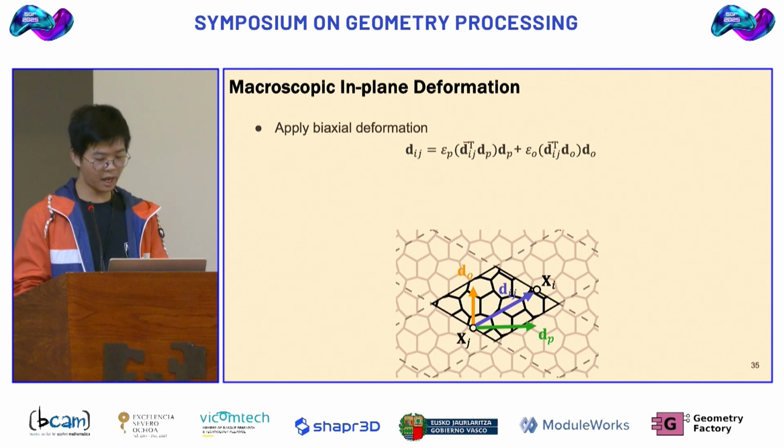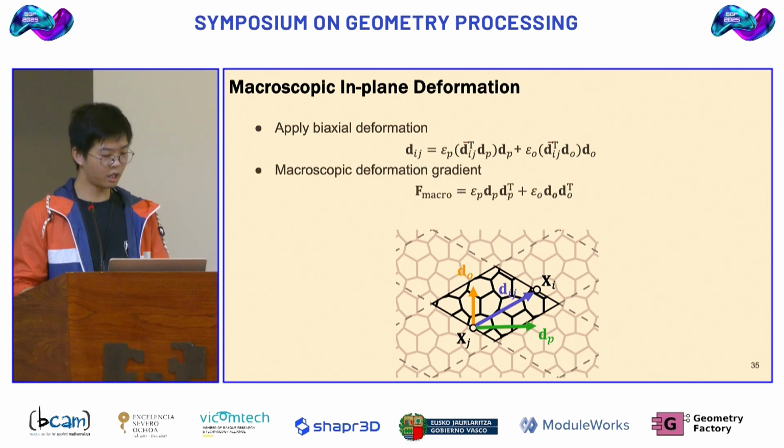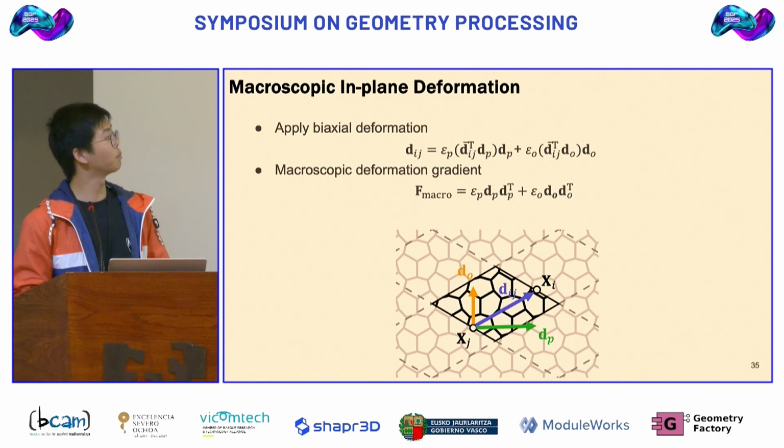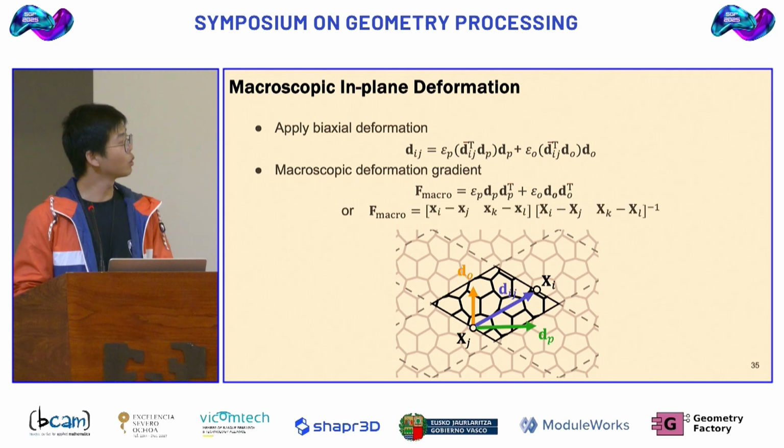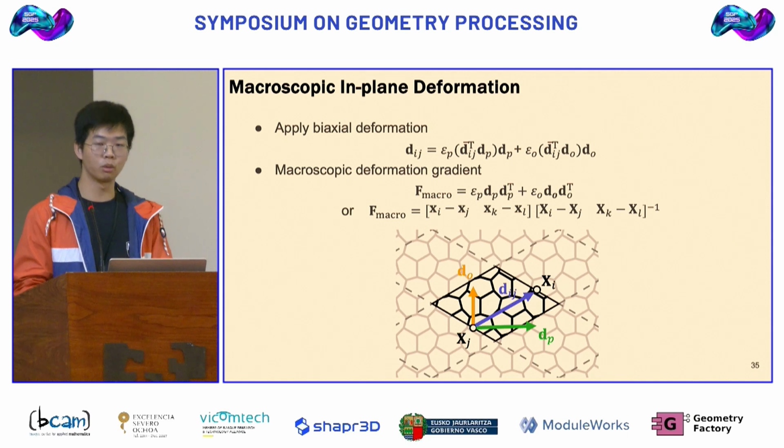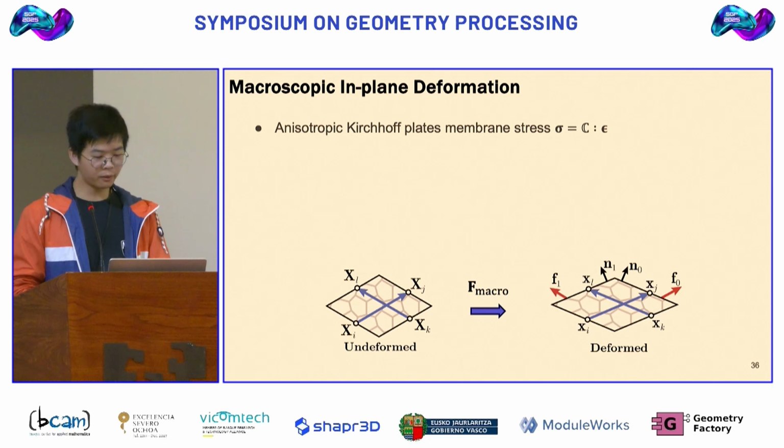The deformation of this biaxial deformation can be obtained as follows: these biaxial strains are like the eigenvalues and the directions are the eigenvectors, so we can reconstruct it using this. Or alternatively, we can use the positions on two opposite boundaries to get the deformation gradient. We can deform the material in different directions, and for fitting, we need the material in-plane stiffness tensor. We know that the linear relationship between strain and stress gives this